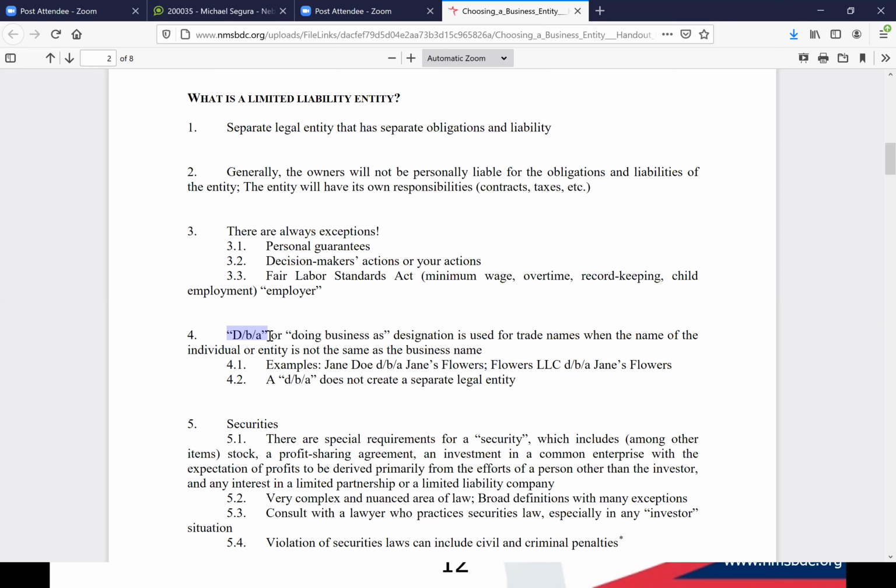So if somebody else came in and registered Chris's Heating and Plumbing with the Secretary of State's office, I could potentially lose the ability to use that name. Now you could register for 120 days at a time, but the best way to keep a business name is to incorporate that business. And then, as soon as you start doing business and make your first dollar, you could trademark that business name.